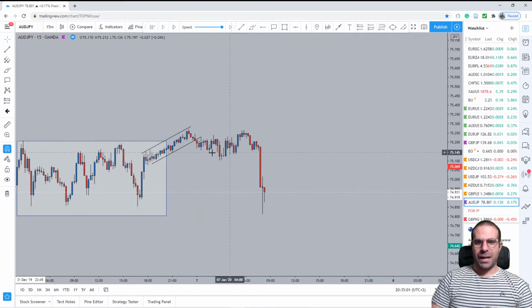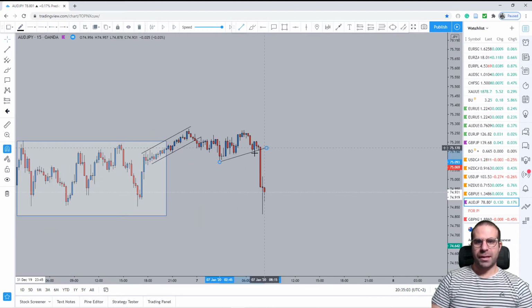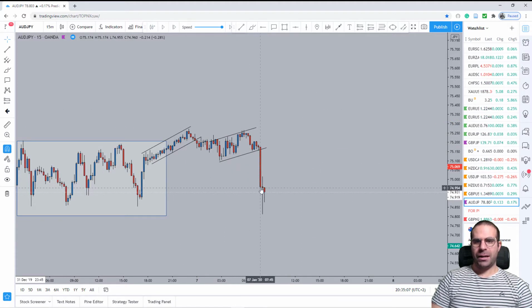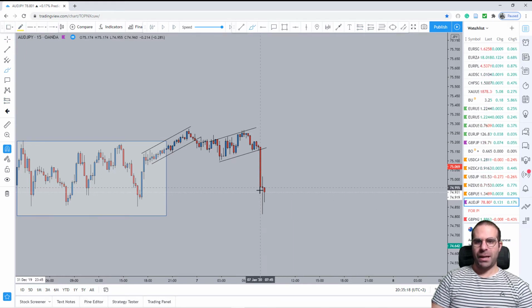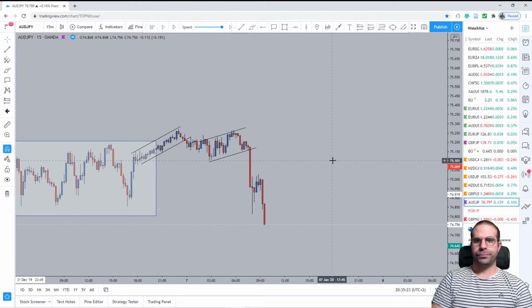Now, this was a very impulsive break out of this, let's say, channel or whatever you wanna call this thing over here. But again, when there are large moves like that, I'm not willing to place a trade below. If this candle would have closed somewhere around here, that would be very optimal. And furthermore, we wouldn't be placing a trade now because of this huge wick. Of course not, guys.